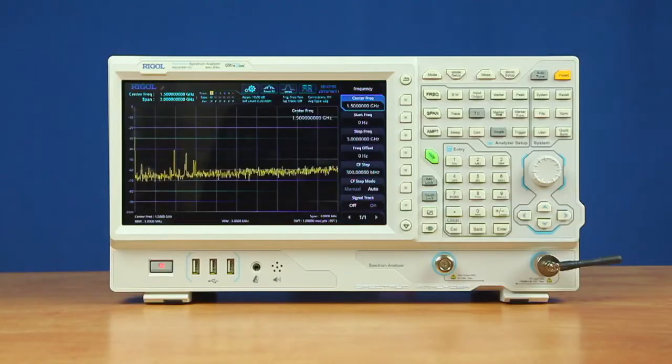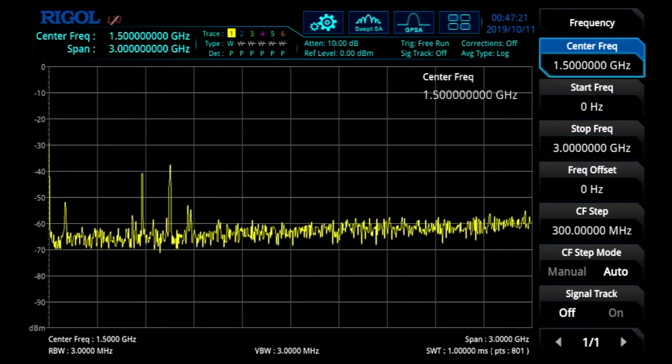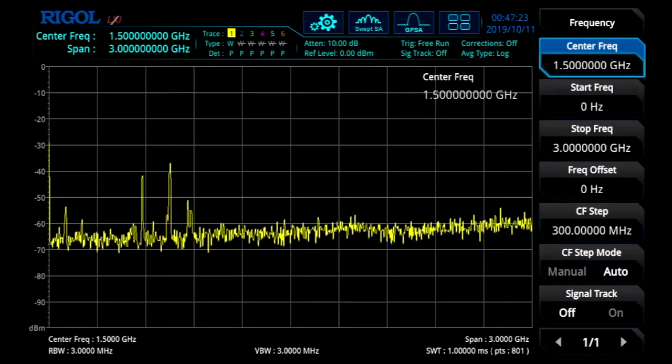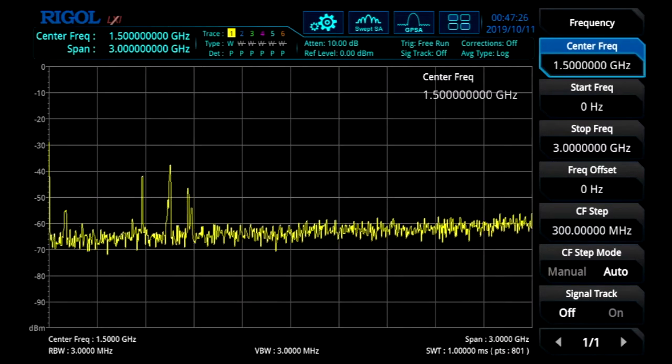In general purpose mode, the instrument operates as a swept spectrum analyzer. This allows the instrument to sweep across the entire frequency range. In general purpose mode, we can set the resolution bandwidth down to 1 Hz and a noise floor down to -161 dBm with the optional preamp. But we can also scan the full 3 GHz span in just 1 millisecond, as you can see here on